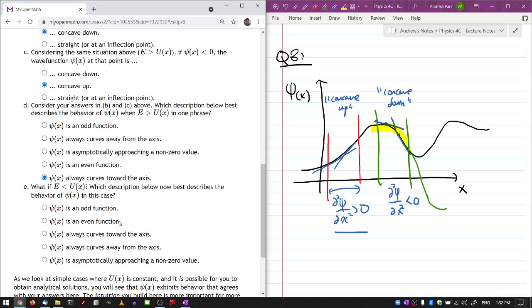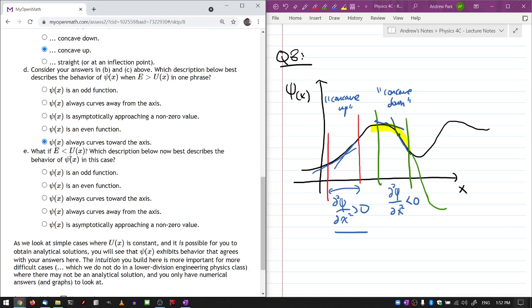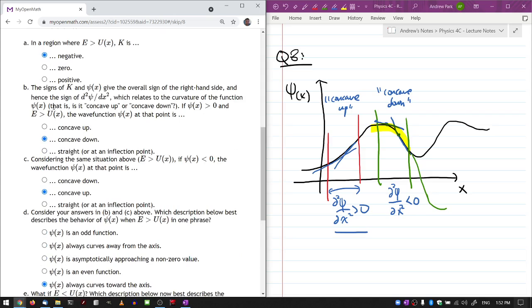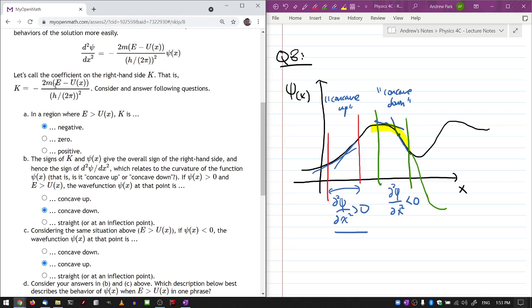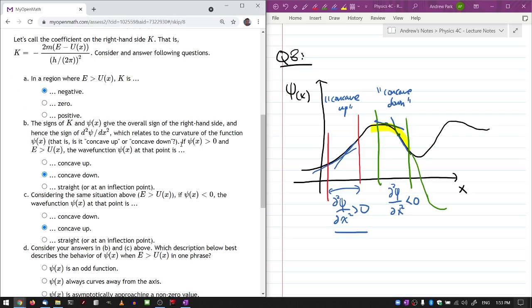So, okay, what if the total energy is less than the potential energy? Then what I think you should do is work through the equivalent of A, B, C again. Your answer to A would be negative. Sorry, positive. If E is less than U, then this k as a whole is positive, which would mean if